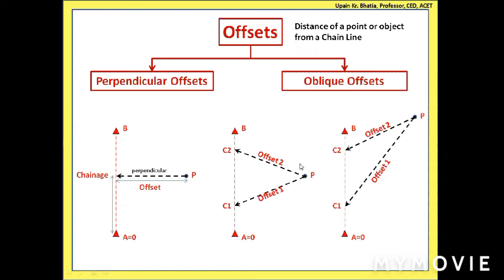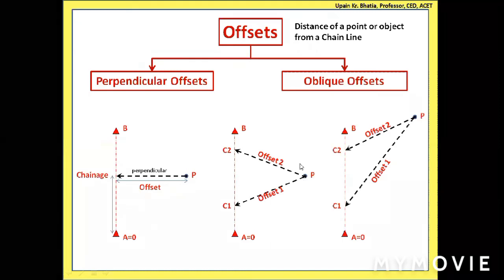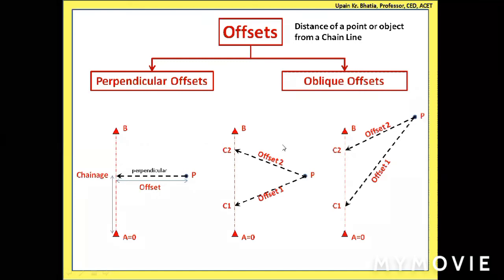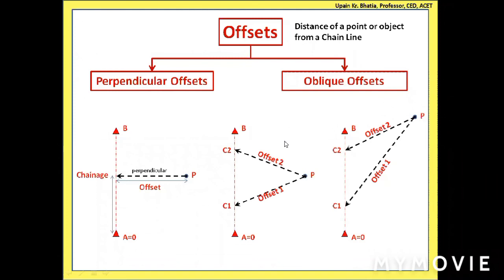Then go to the second point. Now, that second point is your main point, and you have to observe it. If from the second point you can draw a perpendicular, take that perpendicular offset. If it is not possible, then go for two offsets, that means a set of oblique offsets for the second point also. Like you have taken the observation for the single point P, in the same manner for every point you have to observe these offsets.